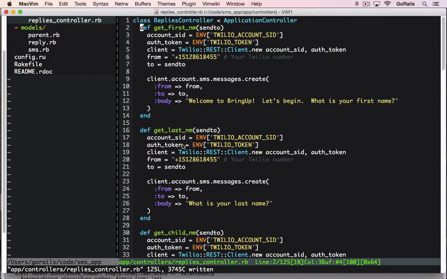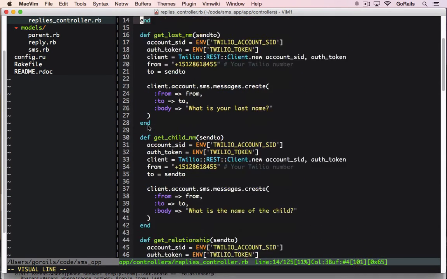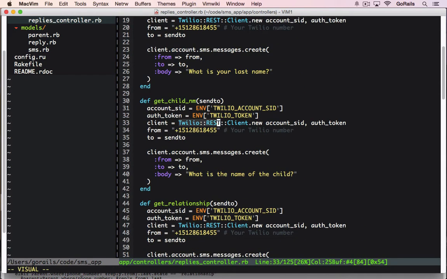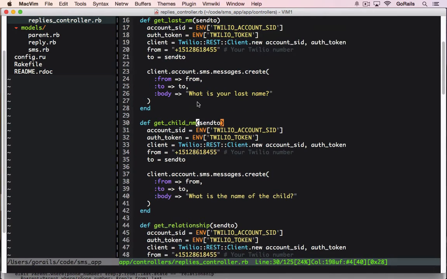So in this episode, we're going to talk about refactoring a controller that my friends Chris and Kathy gave me. I stripped out a lot of code that we're not going to cover in this episode, but they had a bunch of these methods inside the controller that send text messages. So this interacts with the Twilio API and talks to the user that's passed in as the send to SMS